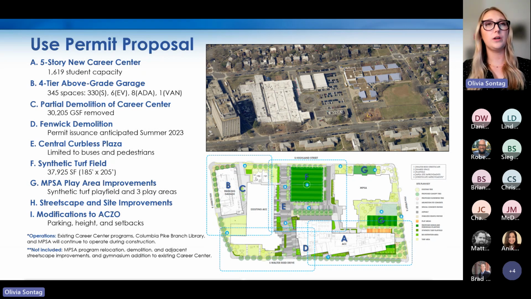This also requires a partial demolition of the existing Career Center building here, which just follows this outline that I'm showing on the screen. So this is to facilitate the construction of the parking garage in the corner. The proposal also includes the demolition of the existing Fenwick building, which sits down here at letter D. That application is in and is anticipated to be approved sometime this summer once the building is vacated for the